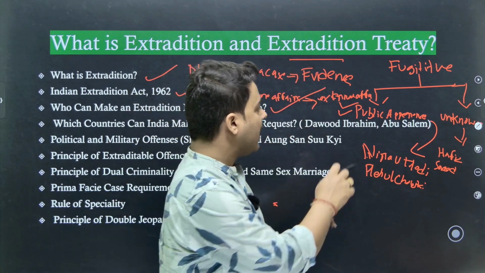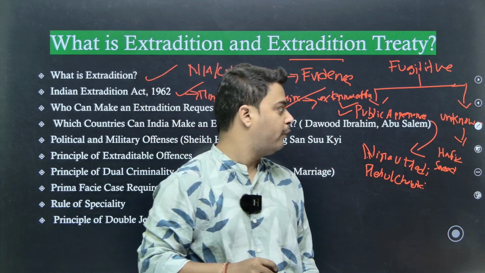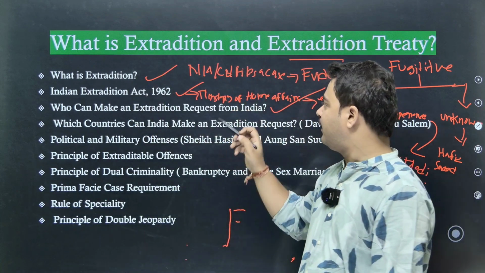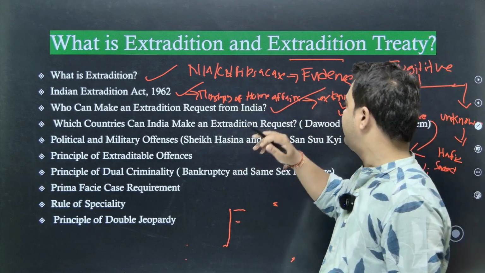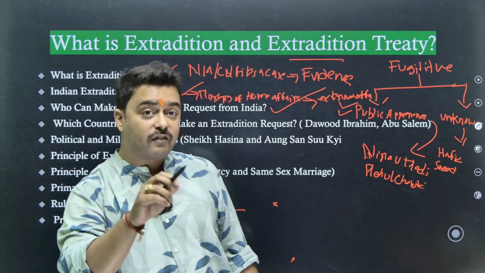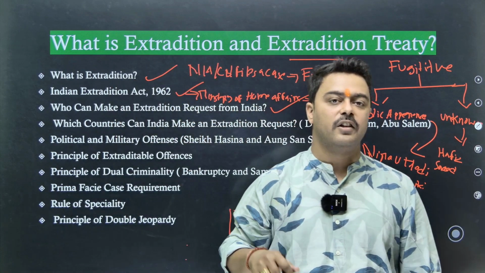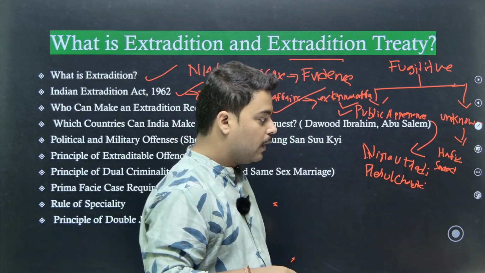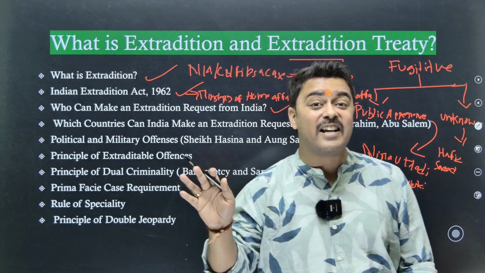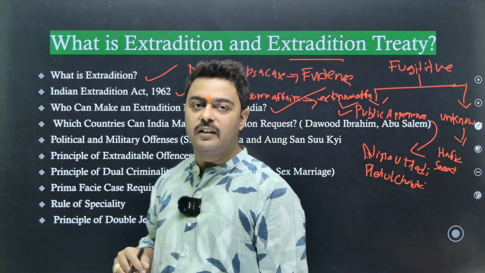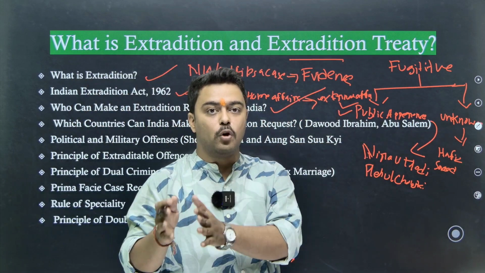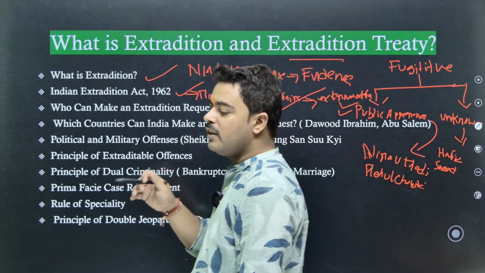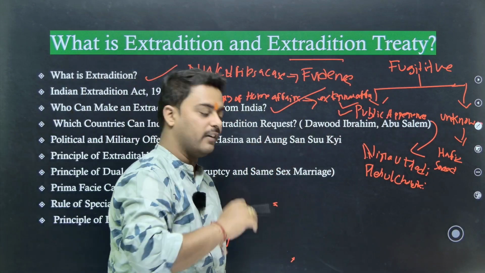Now next, unknown fugitive offenders. For these kinds of offenders, the process of filing a case and gathering the evidence will remain the same. But after this, the Central Bureau of Investigation, remember this department, not NIA, the Central Bureau of Investigation, will make a special request to the international police. What do you mean by international police? International police means Interpol. CBI will make a special request to Interpol for issuing a red corner notice against the concerned terrorist or offender.